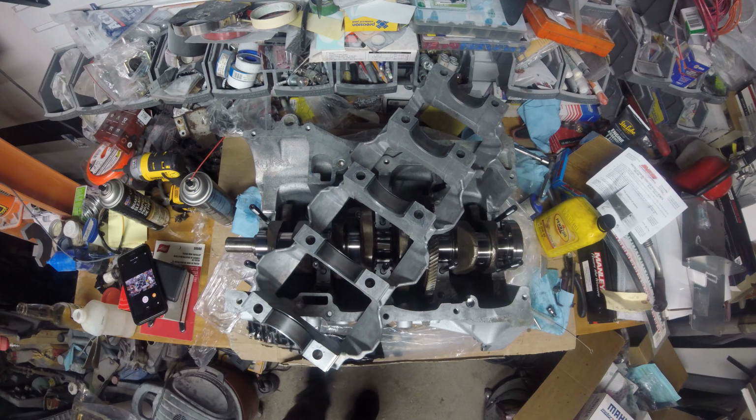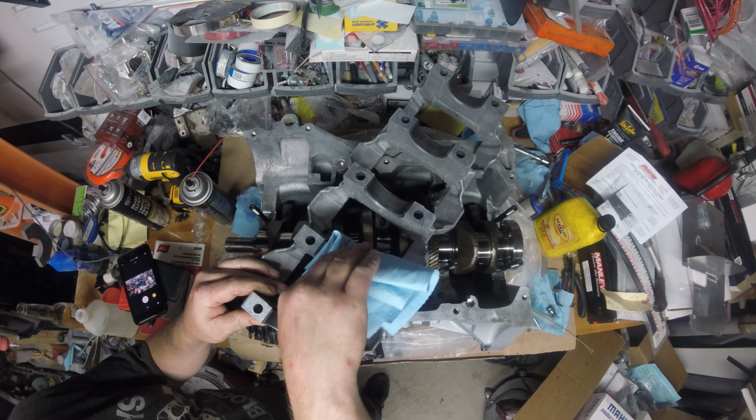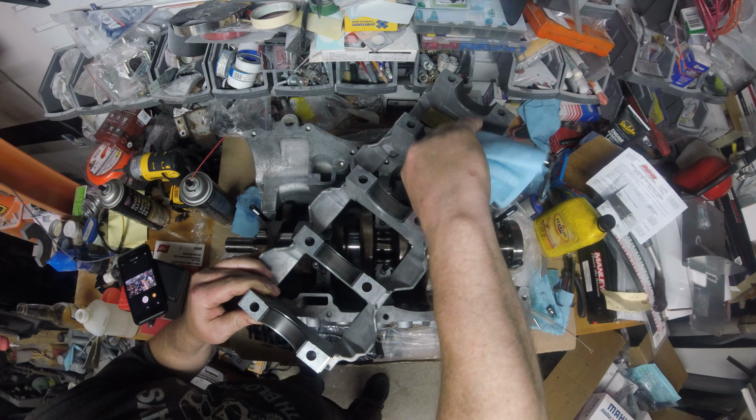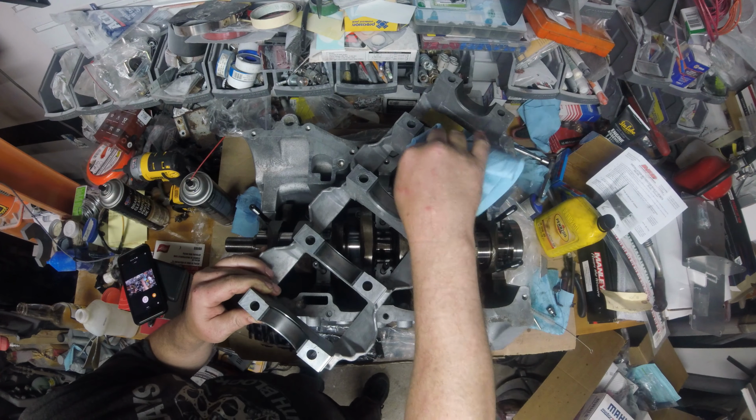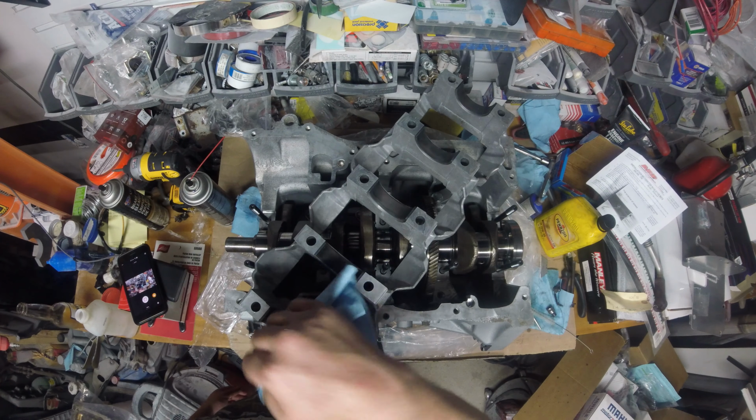You can see we got all the bearings in. I'm going to flip this rag. I'm just using some rubbing alcohol. Anything that might be on these things. Not to go crazy. Just and then we'll be ready to plastic gauge it, and then of course we'll have to take it back apart, and we'll go ahead and we'll put some assembly lube on everything. So I'm going to set this aside